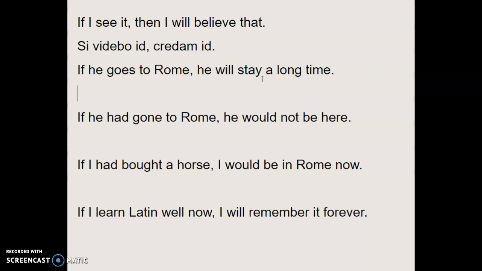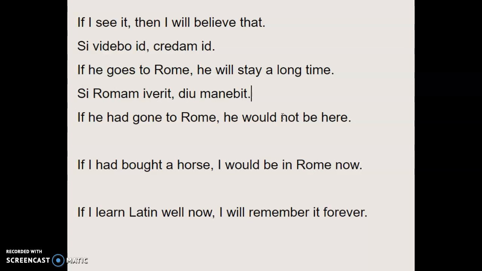So he will stay a long time. We'll start with he will stay a long time. Diu is a long time. He will stay. Maneo, so manebit. He will stay a long time. If he goes to Rome, we're going to Rome, so we're going to make sure that's in the accusative, remember, direction. Since it's a city, town, small island, we don't need the preposition ad, otherwise make sure you have it. If he goes to Rome, so then we need to go third principal part, future perfect, ero, eris, erit, si Romam iuerit, diu manebit. If he goes to Rome, if he will have gone to Rome, he will remain a